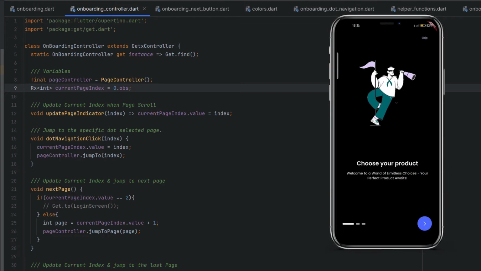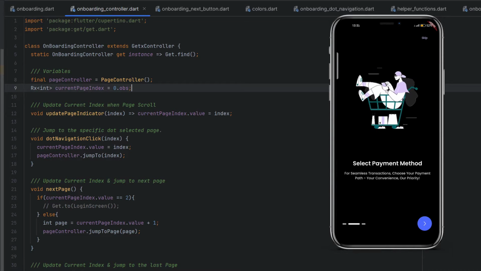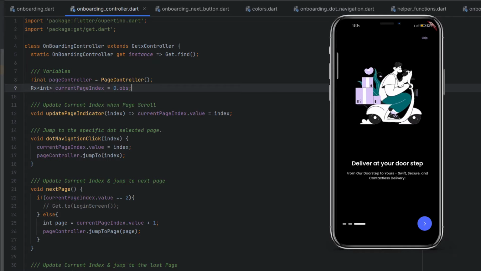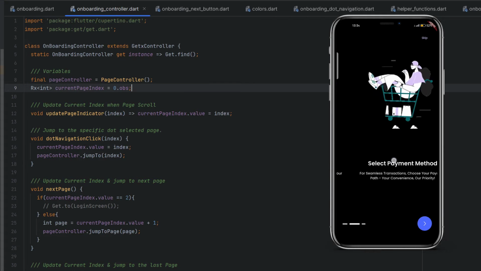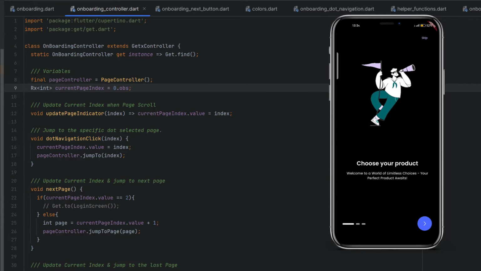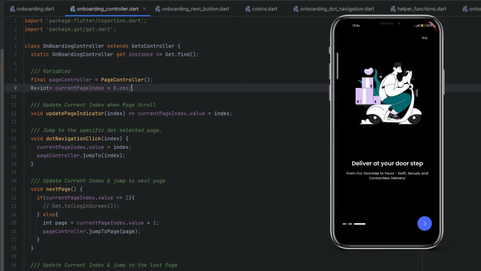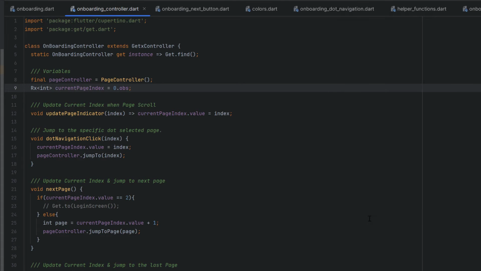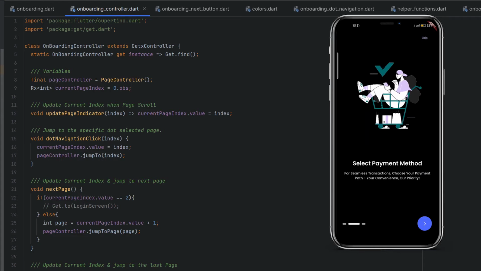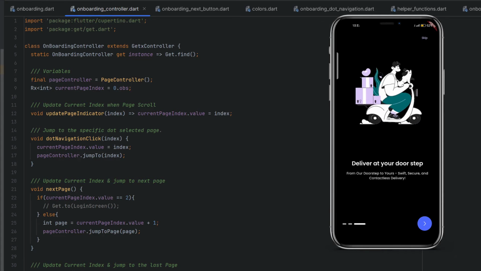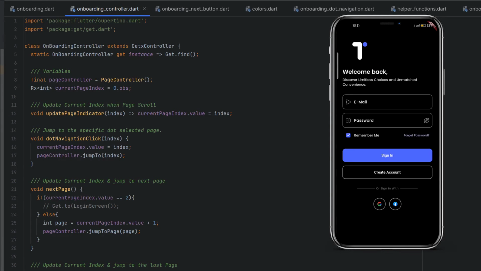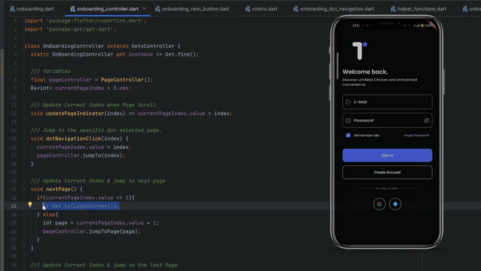Okay, so our application is running. Let's do the swipe, and you can see the bottom navigation is also taking effect. We have successfully changed the dot navigation as well on the swipe. Now let's try this skip button, and you can see currently it's taking us to the last screen, but inside the skip method, instead of going to the last screen or the last page, you can call the login screen or the dashboard screen or whichever screen you want to use. So it's all up to you. Skip is also working. Now let's again test the next button. It is taking us to the next screen, and then on the next, definitely currently it's commented, but it will take us to the login screen.